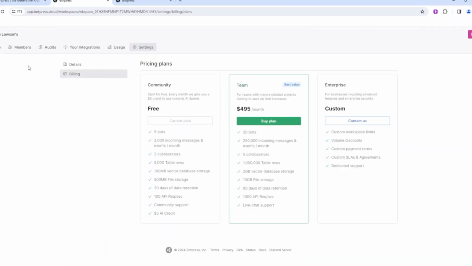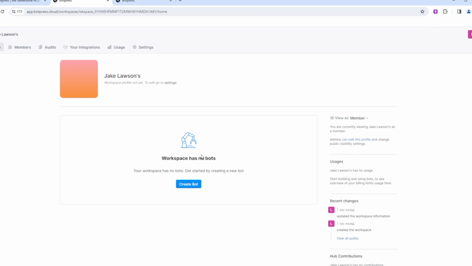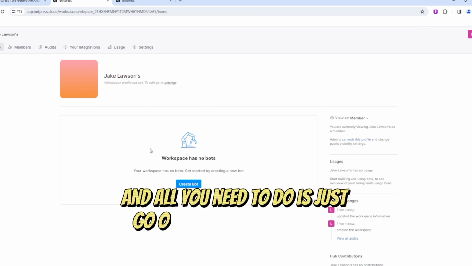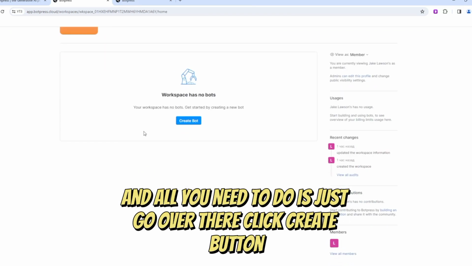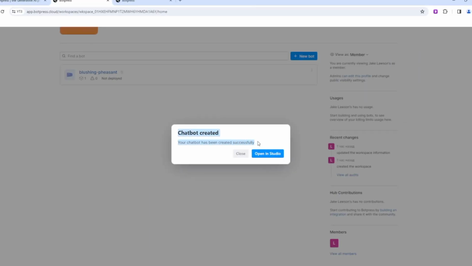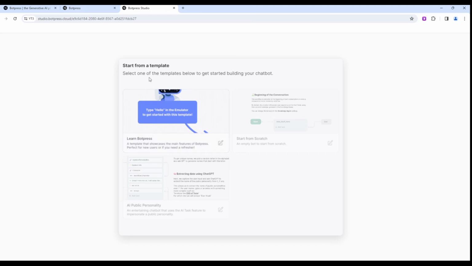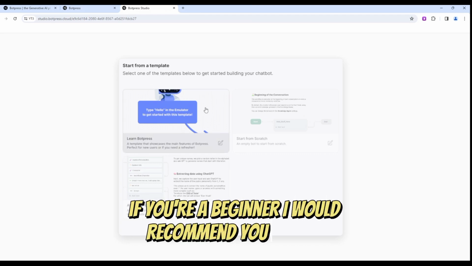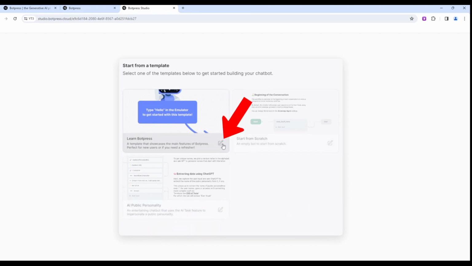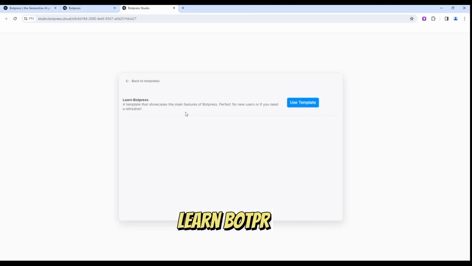So let's go back to our workspace, and all you need to do is just go over there, click create bot. Okay, so our chatbot is created. We need to go over there, click open in studio, and that's important. For example, if you're a beginner, I would recommend you to just click here and learn Botpress, because